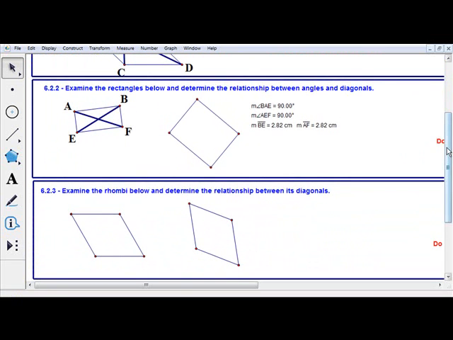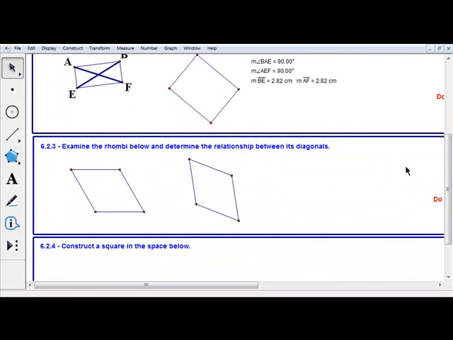Okay, the final example to look at is a rhombus. It's a parallelogram, so all the properties of parallelograms hold true, but the additional property is that all four sides are equal in length. And so that makes it a rhombus. And so here we wanted to look at the relationship in the diagonals. So again, if we construct our diagonals,